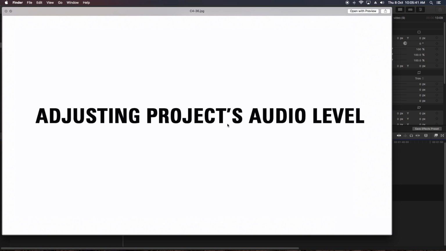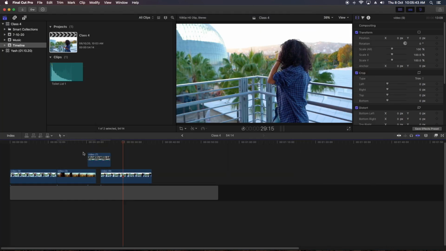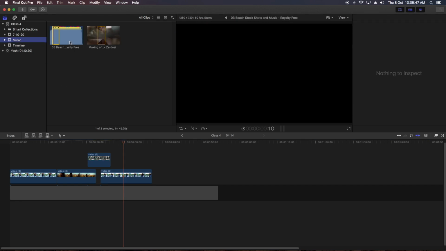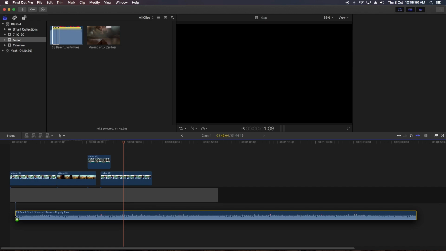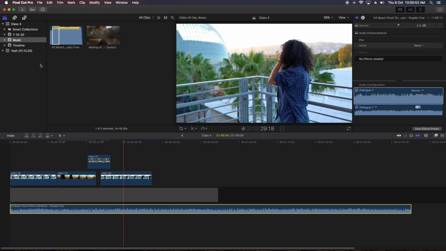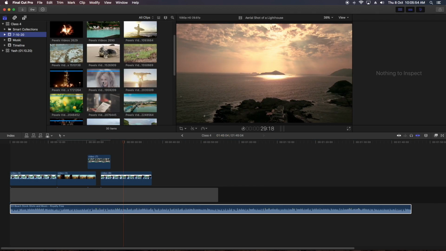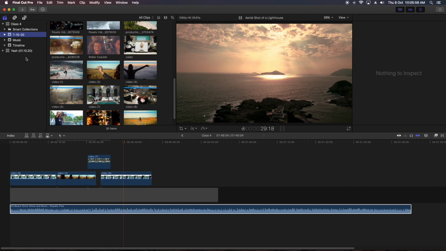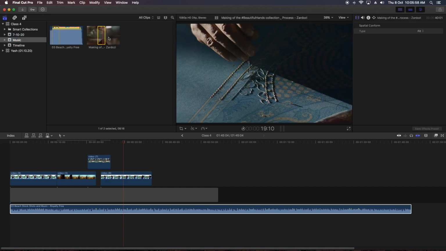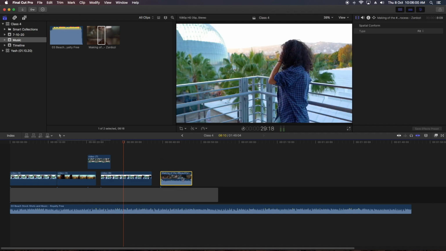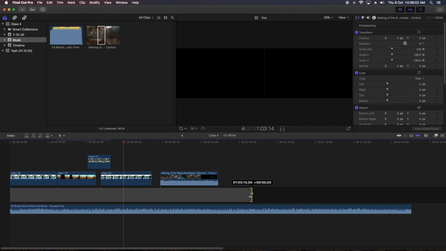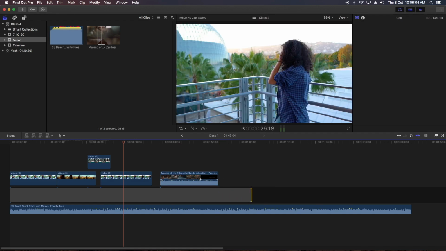Adjusting the project's audio level. The next topic is, till now we dragged music, we dragged audio. Sometimes the video also has audio. Where is the audio going, at what level is it going, is it blasting?